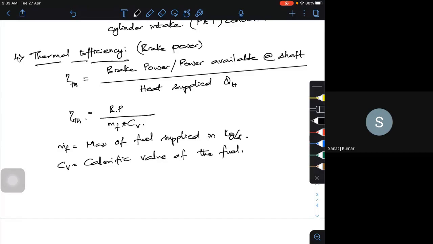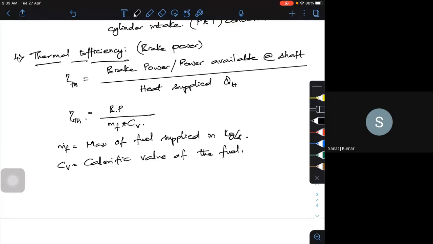Now, when you take the ratio, even though I'm burning the fuel, with mass of fuel times calorific value, even though I'm supplying 100 kilojoules of energy to the engine, what will be your brake power? Roughly around 40 or 50 kilojoules. The thermal efficiency of most of these IC engines has not crossed 60%. Even the most efficient engines, such as gas power plants based on the Brayton cycle, have an efficiency of 60%.